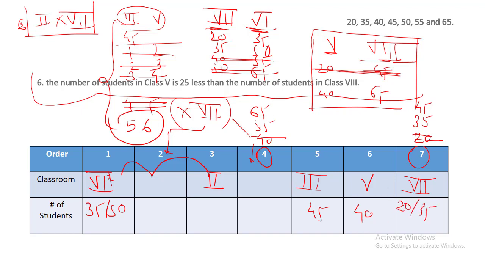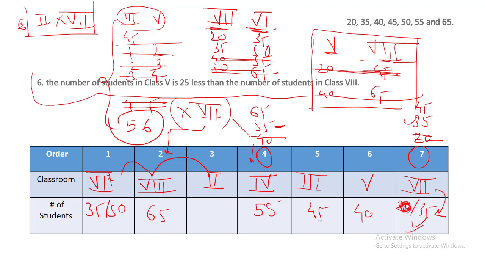Now, as we have ruled out 20, the only possibility for this particular classroom is that the number of students is 35. As the number of students in this class is 35, so we will have the number of students of this particular classroom as 55. So we are left with only two classrooms, the classroom for class 4 and for class 8. For class 8, we know the number of students is 65, so it cannot come here. So class 8 will come here with 65 students. Class 4 will come here with 55 students.